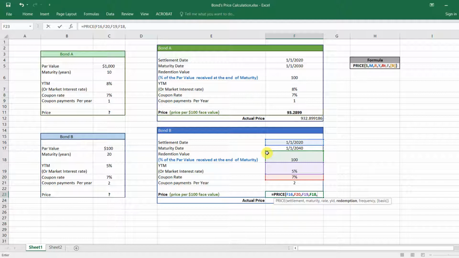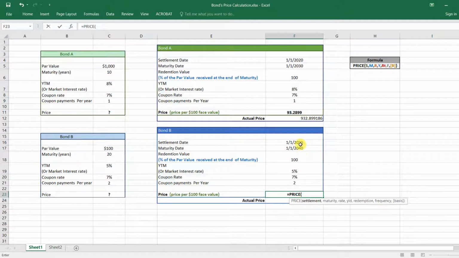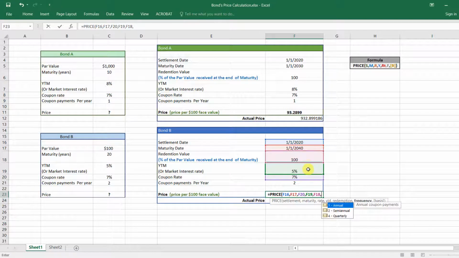So I've definitely done something wrong here. So I'll start giving those inputs again. Settlement date is this cell, maturity date is this one, rate is this one, yield is 5%, redemption is 100%, and finally frequency is 2 because it's a semi-annual coupon paying bond, and we'll keep the counting basis to 0,